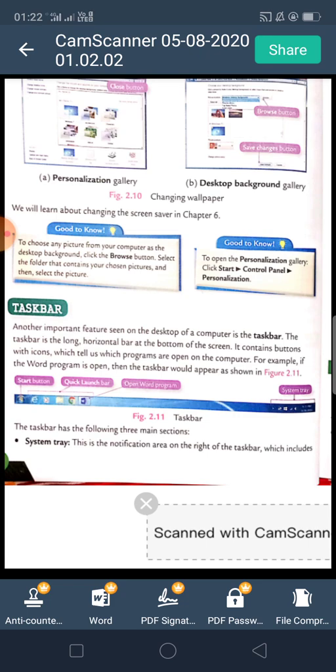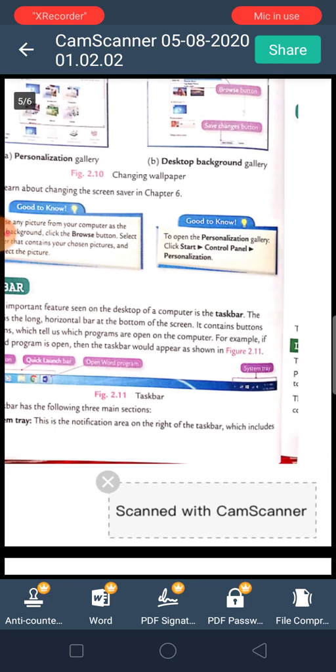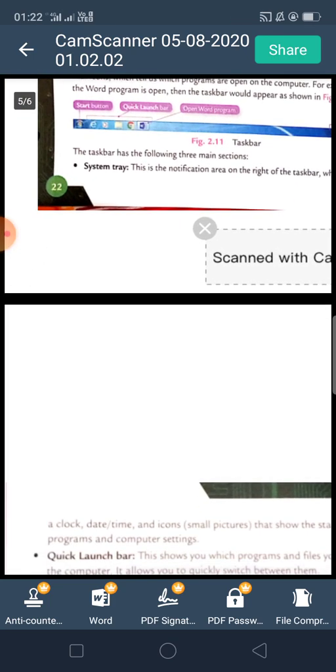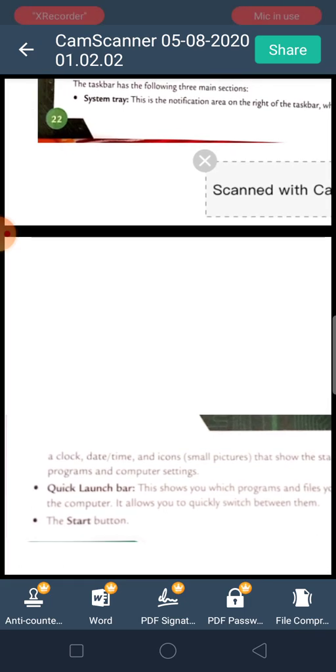It shows which work we are doing, and it contains the start button also. The taskbar has three main sections: the system tray, the quick launch bar and the start button.